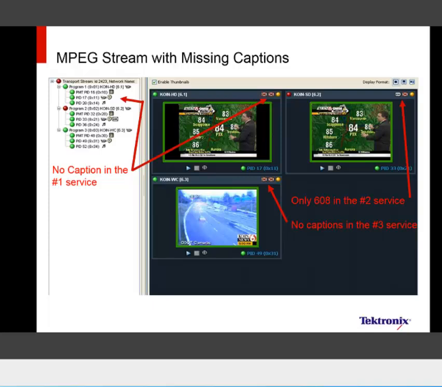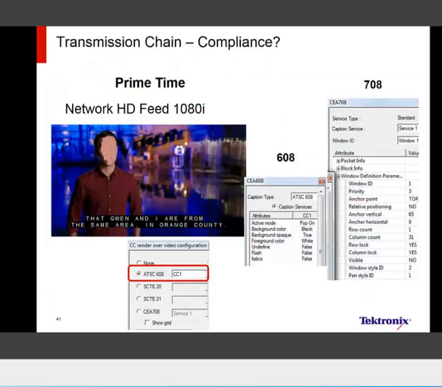If we need to look at display issues, where the captions are indicated there in the stream but are not being displayed correctly, we may need to break this down and do further analysis of the captions. Here's a feed we did